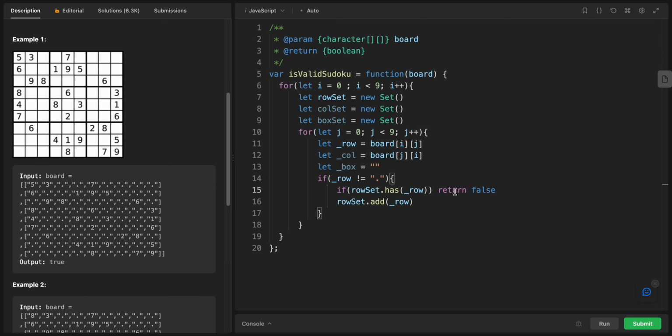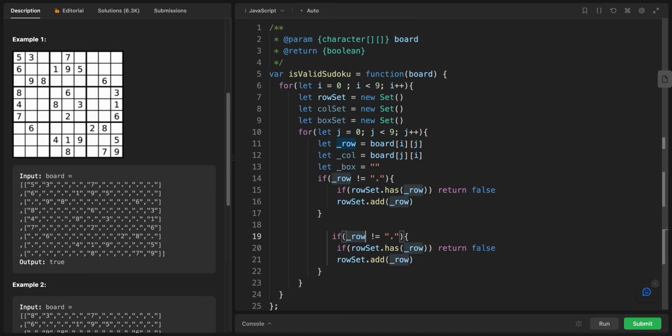Okay. I will do the same thing for the column. It's not fancy. And let me have this one. It is the same actually for the column. However, let's think about